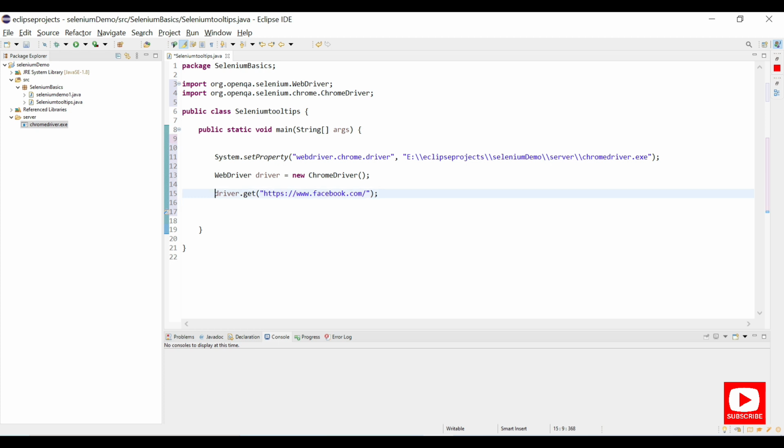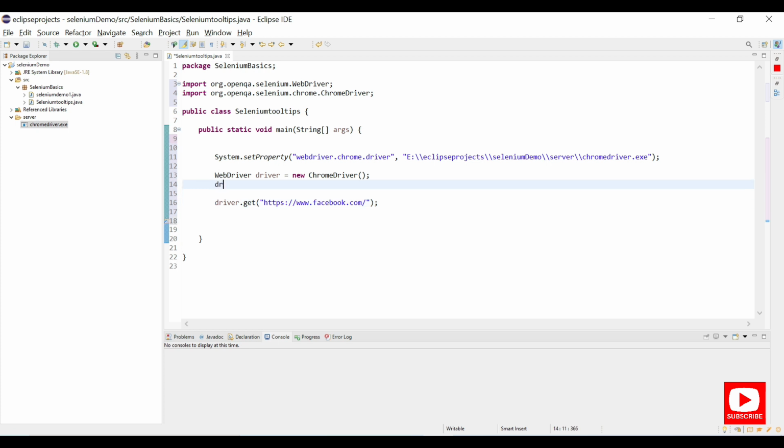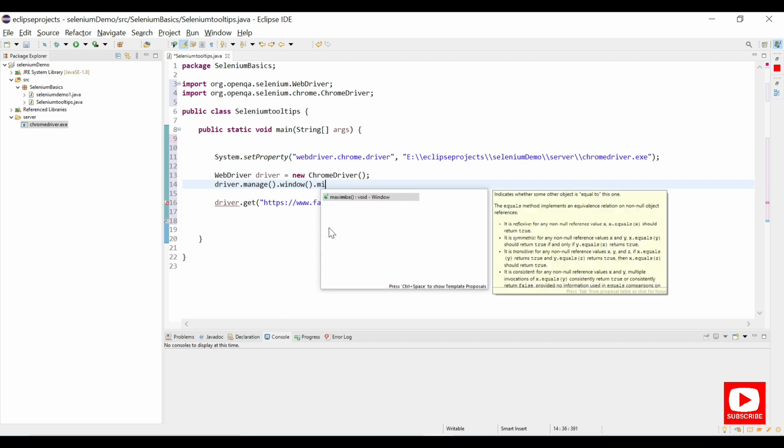Now let me maximize the window. For that, driver.manage().window().maximize().